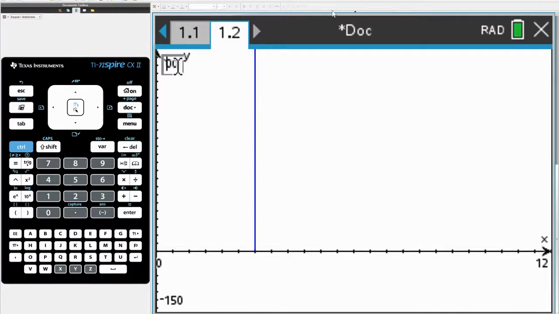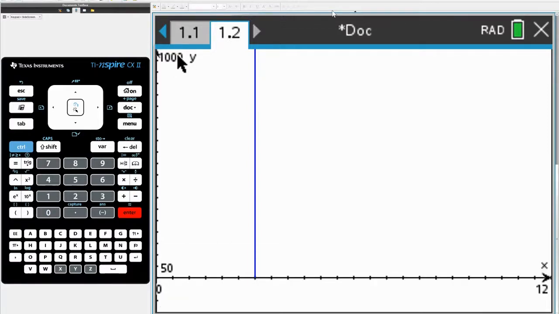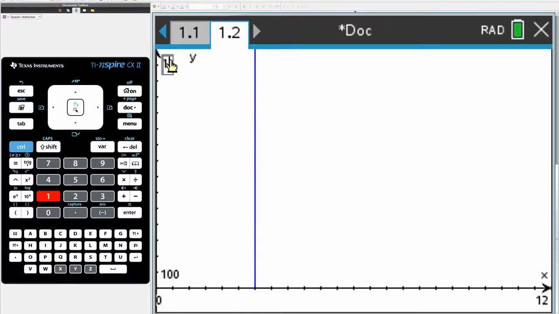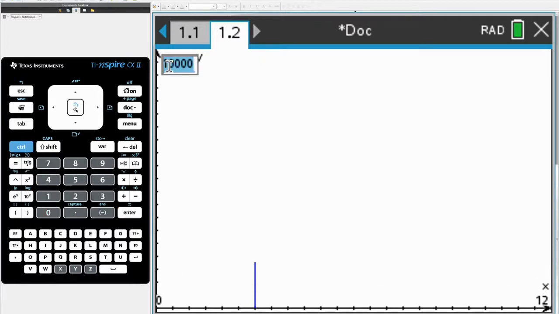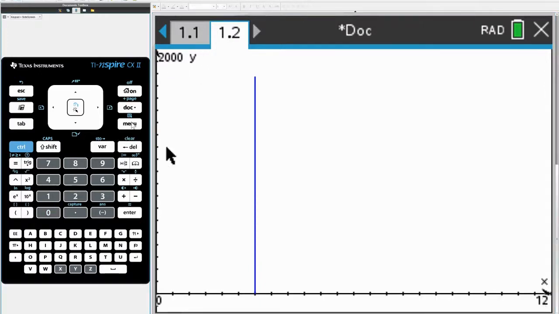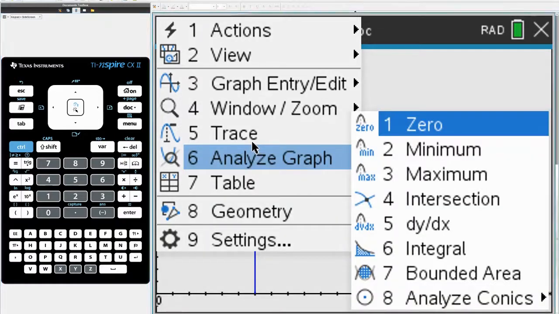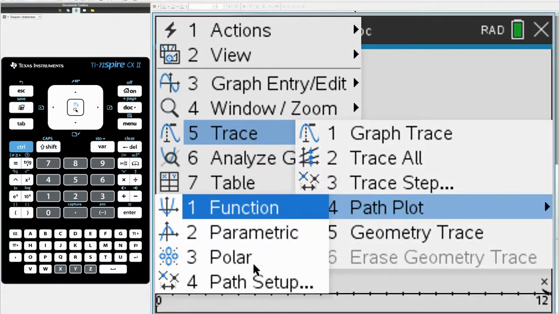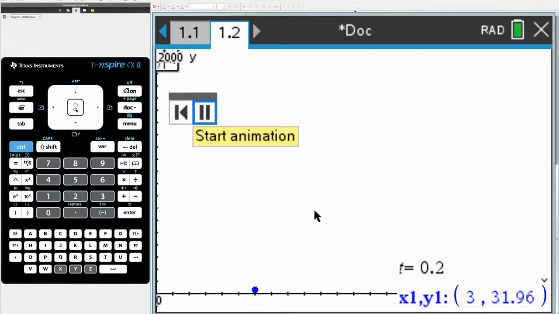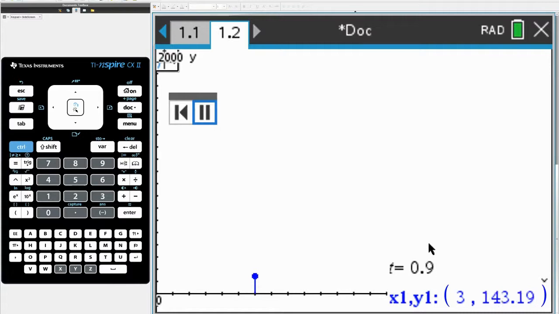a height of 1,000. Oh, nope. I don't think it's going to come at height of 1,500. Height of 10,000. There we go. Let's make the height be 2,000. So if I go back to menu, analyze graph, menu trace, plot, path plot, parametric, then when I press play, it's kind of creeping upwards, and it will take a little bit of time to get there, but okay, I really do want you to fast forward right now and watch this thing go,